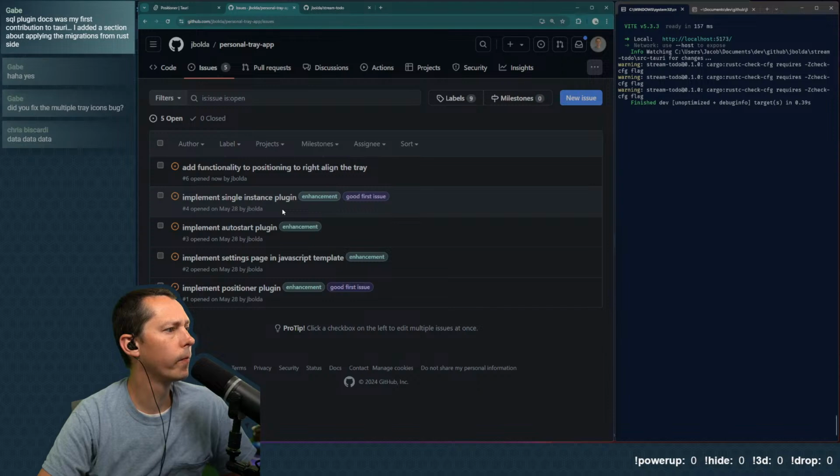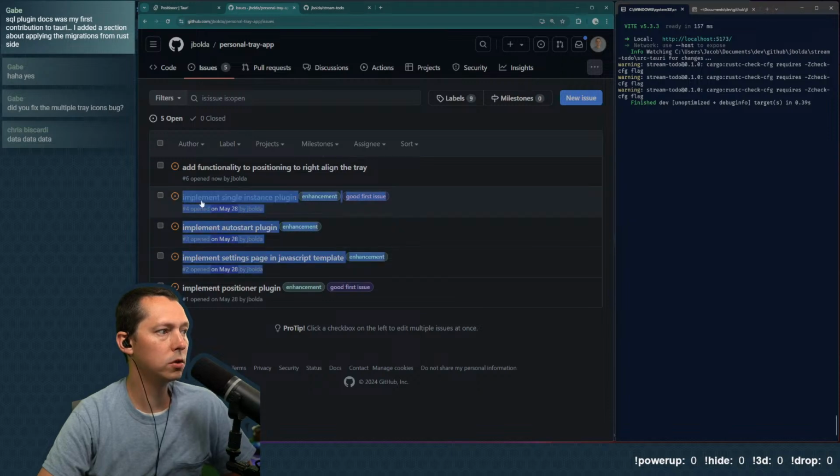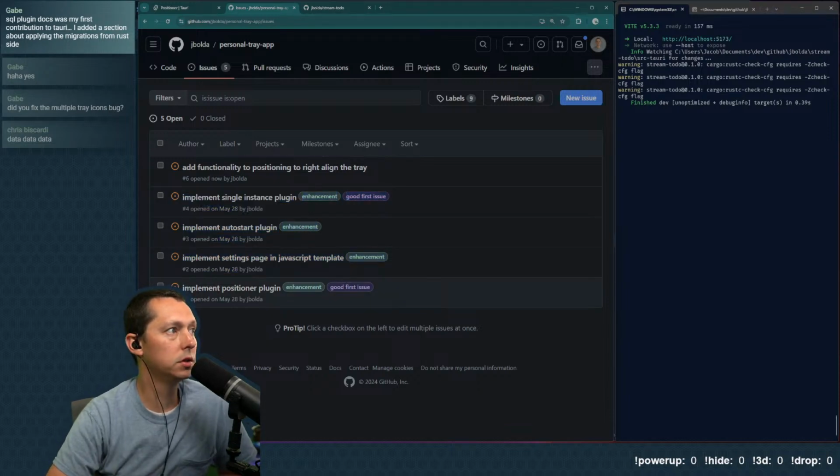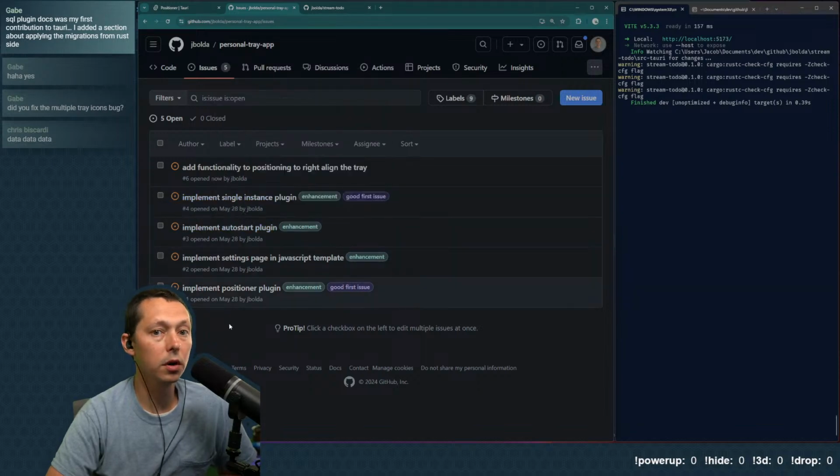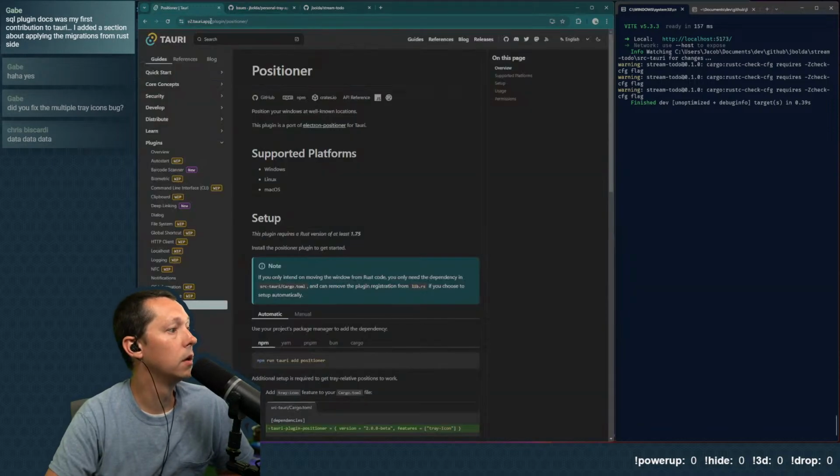And if anybody is interested in jumping on these, I don't think we're going to get to these for a little bit. So if you're interested in pushing this specific template forward, single instance or auto start plugin would be lovely to implement. So anyways,